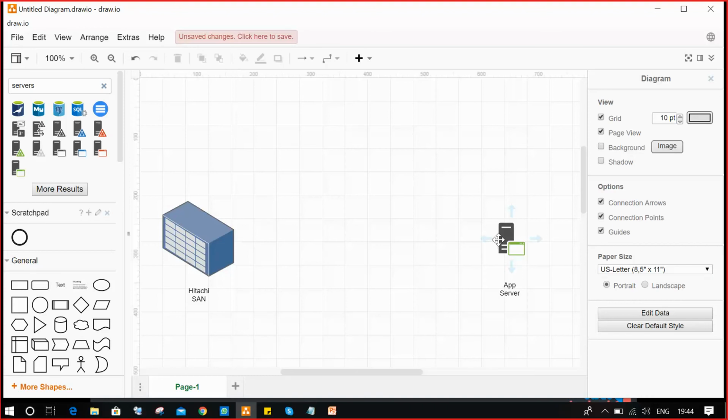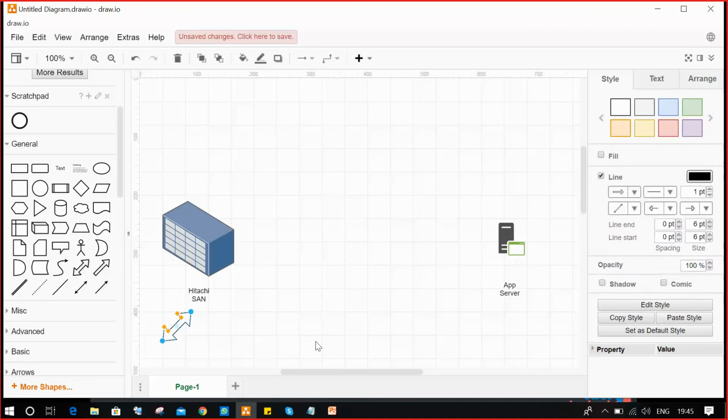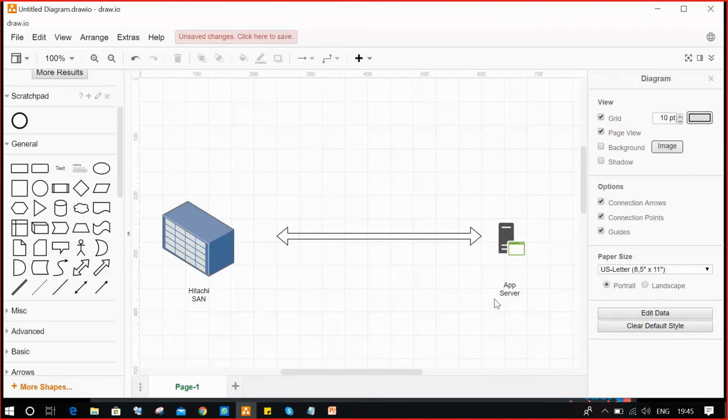For fast access and redundancy, our project lead decided to store the data on the SAN. So they are connecting to each other. Between the app server and Hitachi SAN, they will be connected through some network